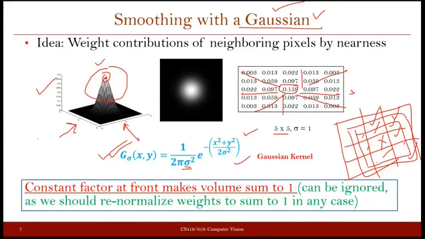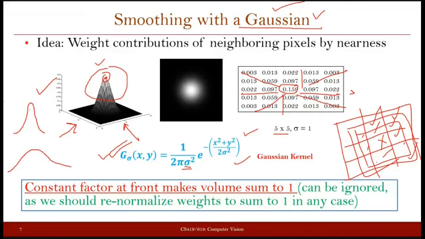If we talk in 1D, which is easy to plot, a Gaussian curve with a small sigma may give a peak like this, but a Gaussian curve with a big sigma will be more flat.